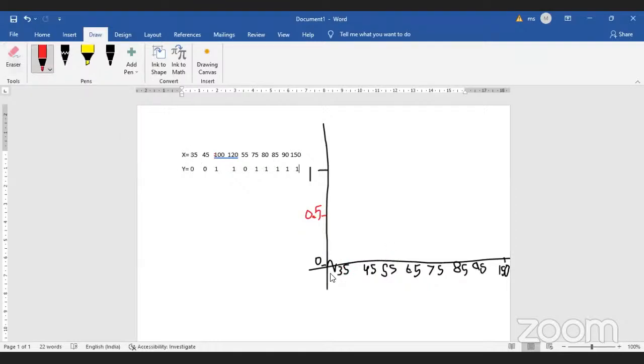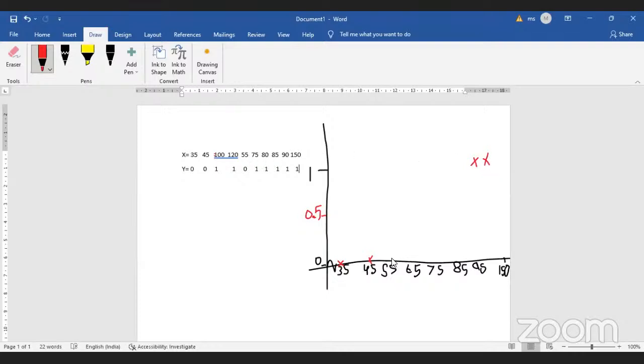Now my points have become 35, not obese, 45, not obese, 100 would be somewhat after 95, so it is obese, 120 will be here, obese,